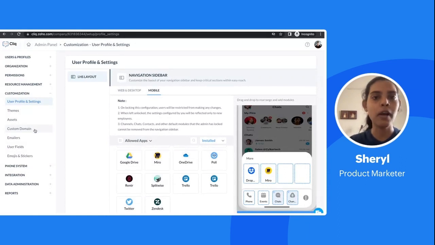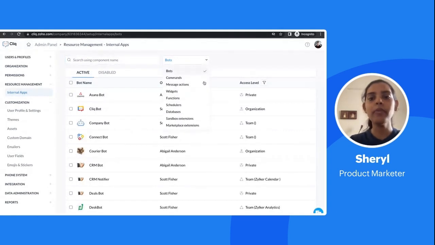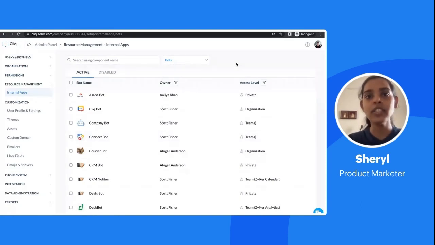Moving ahead, let's talk about the resource management that we have built for your internal apps in Zoho Cliq. You have to navigate to resource management, click on internal apps. Here, you'll be able to access all the internal apps that are available in your particular organization. So, as I already mentioned, this is very helpful in management, especially when people build custom apps and later they leave the organization. Initially, there was no option to delete a particular board or a widget or transfer the ownership